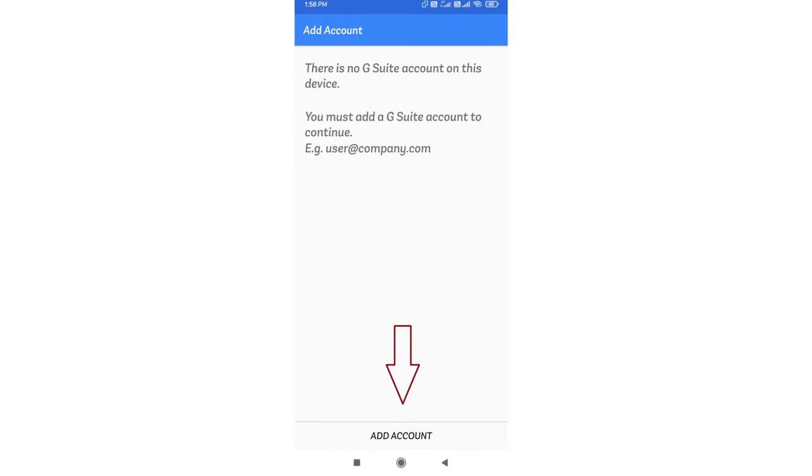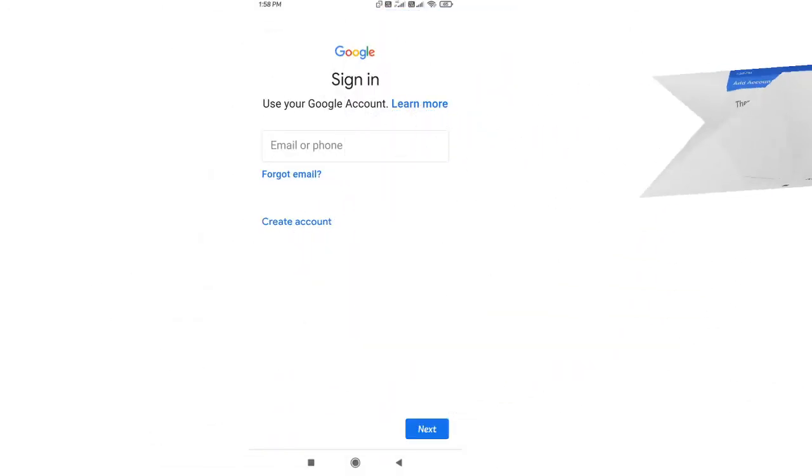When we open Google Apps Device Policy, it shows that there is no G Suite account on this device. You must add a G Suite account to continue. There is an option to add account at the bottom, so click on add account. Now it will show you an option to sign in to your Gmail account, like the normal Gmail sign in option.